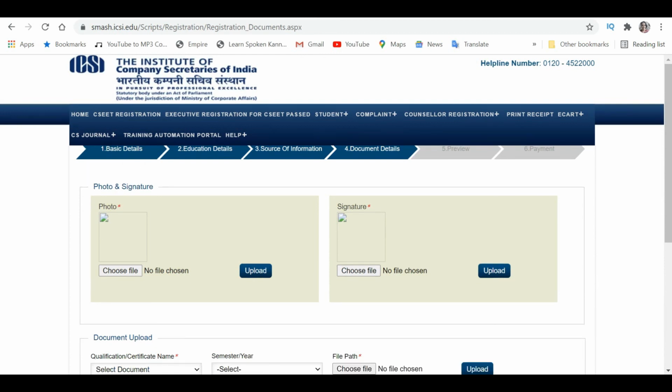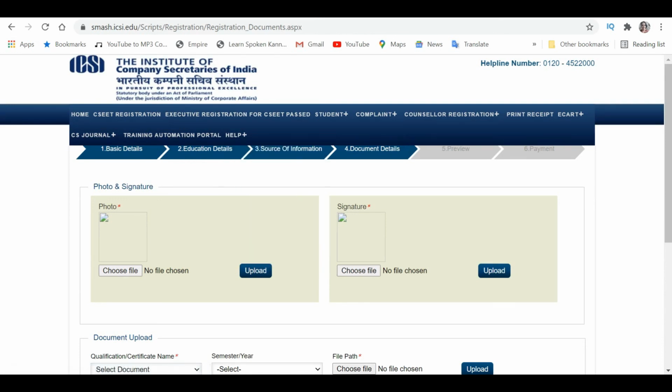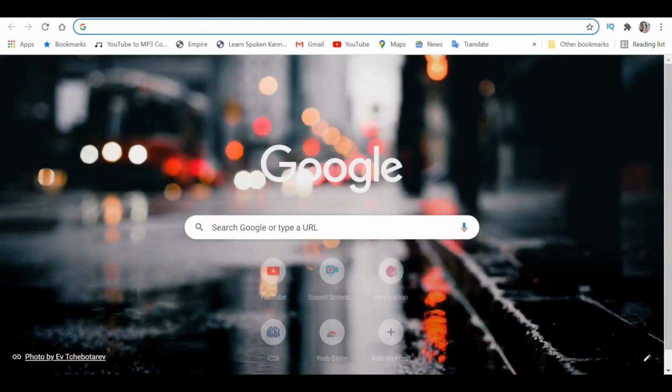Now at any point in time, if you feel like you require the help, you simply go to the help over here, or you can even choose this helpline number over here, that is 0120 and the following number. You can simply call up ICSI and clarify your doubts. If not, you can simply go to the nearest chapter.